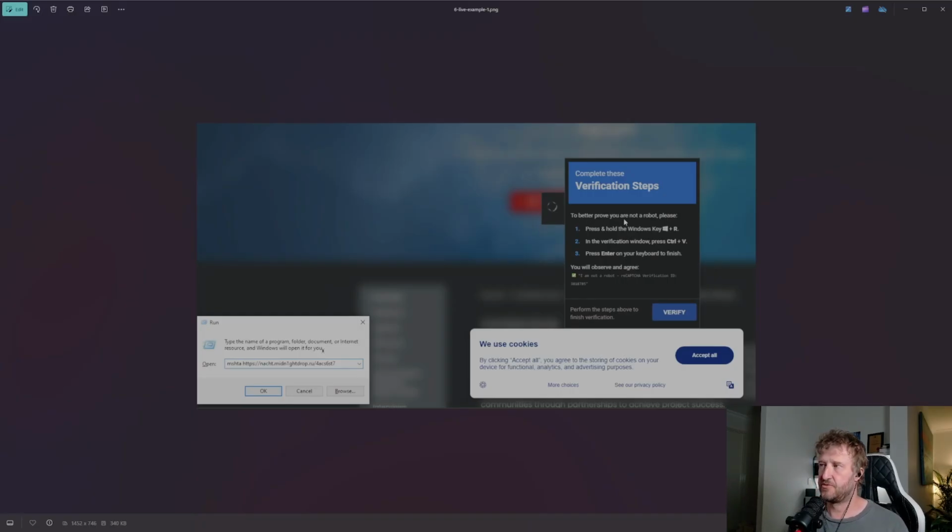It says, to better prove you're not a robot, please, 1, press and hold the Windows and the R key. Now what that does, which is where I took the screenshot, is it opens up the Run prompt. And if you ever see this, it should be a warning sign for you to just completely stop what you're doing at this point,